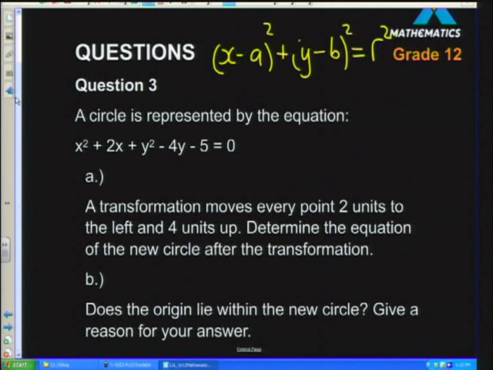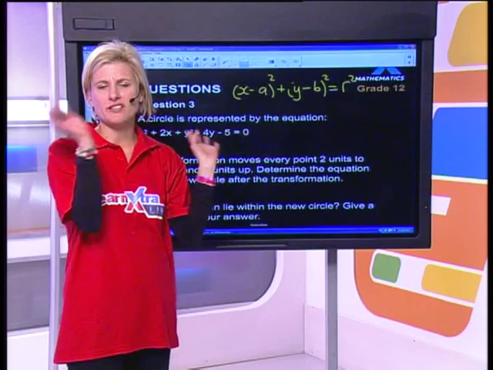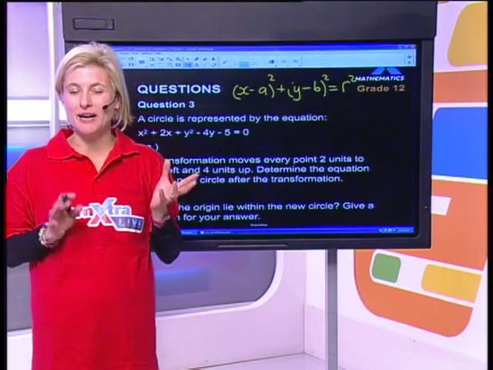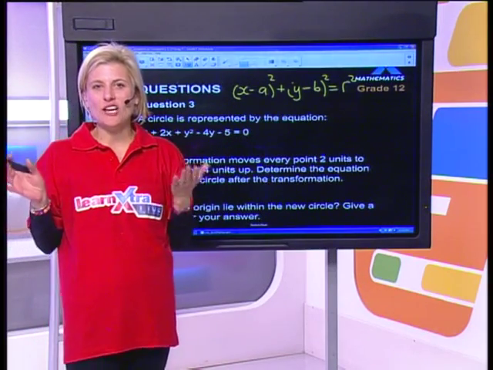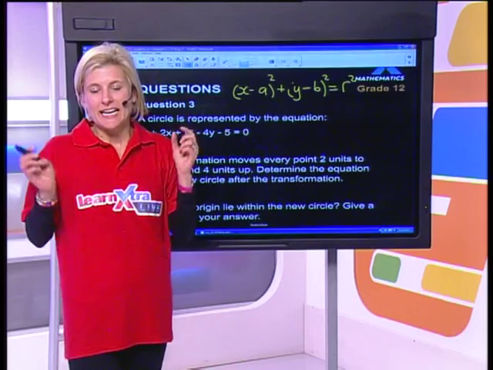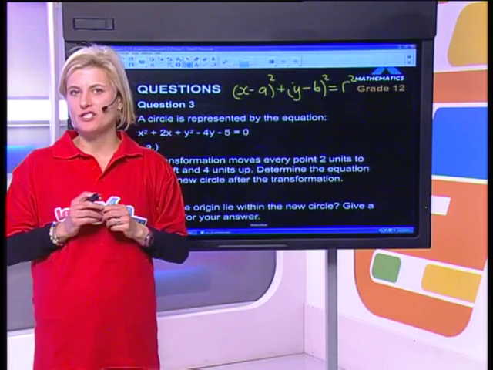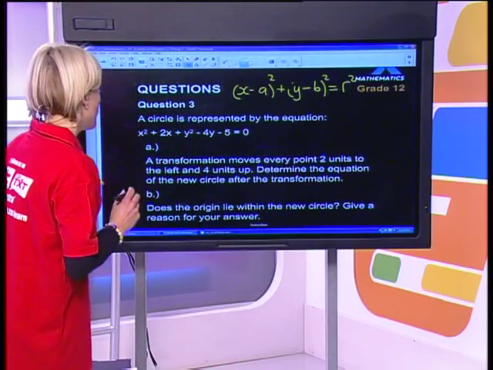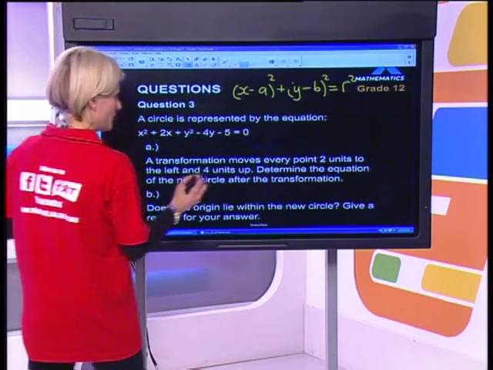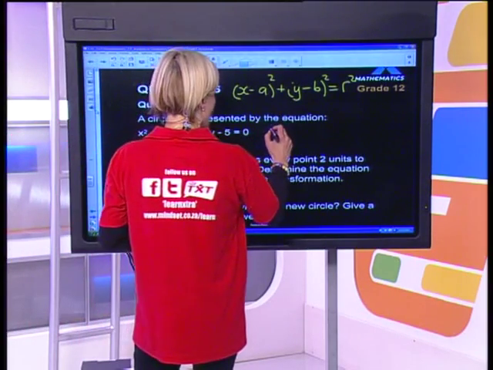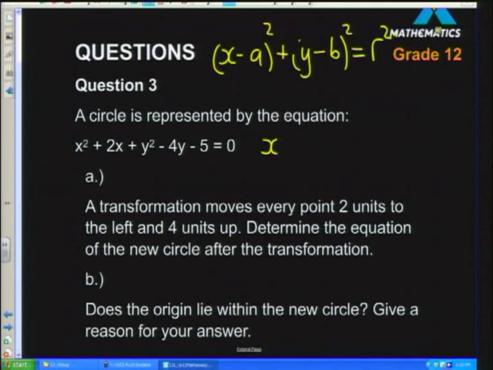Now, the first question here actually talks about a transformation. It talks about moving the circle up and down and left and right. But I really can't be doing any of that until I've put the equation of the circle into standard form. So that is what I'm going to do now first and foremost. So here's the technique that I follow. I'm going to write x squared plus 2x,